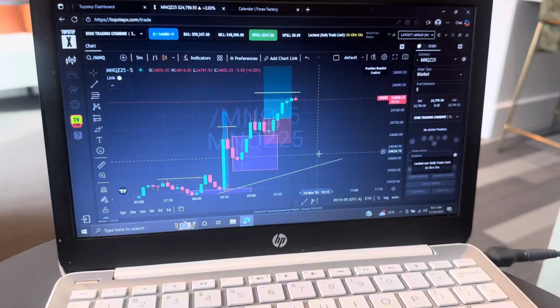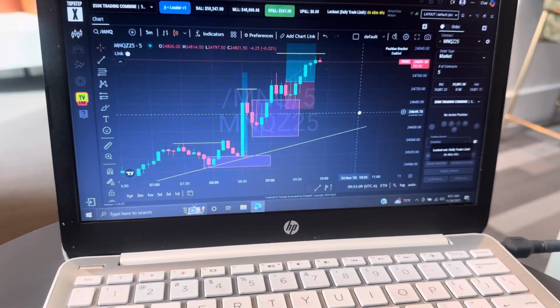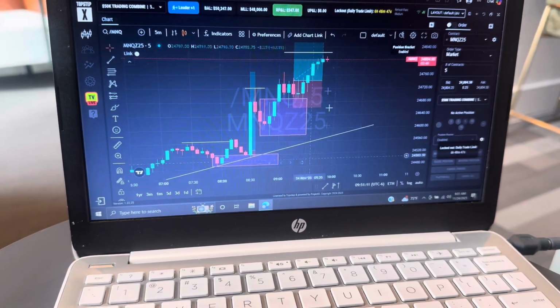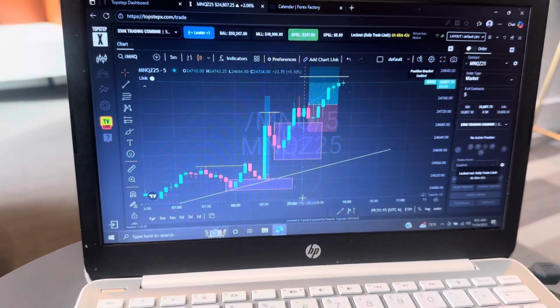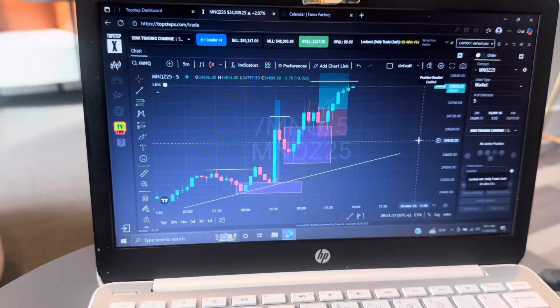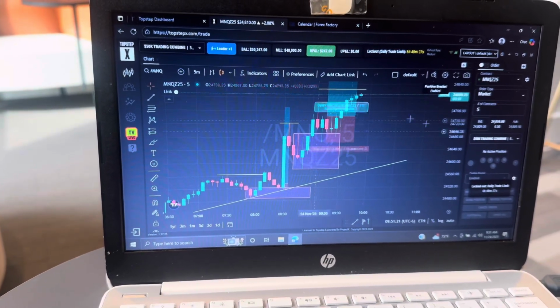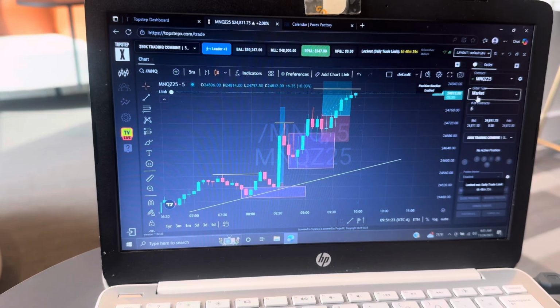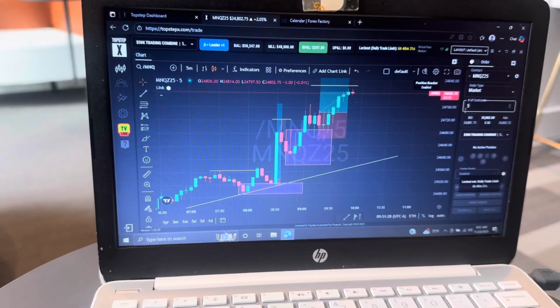All right, y'all. So overall, this is the setup I took today on NASDAQ, right? And when I said about the risk, my chart happened to unlink again. I don't know why I be doing that. So it unlinked, right? And mind you, I'm trying to trade MNQ, and I didn't realize that it was unlinked. So I actually placed a trade on NQ, and my size was 5 contracts.